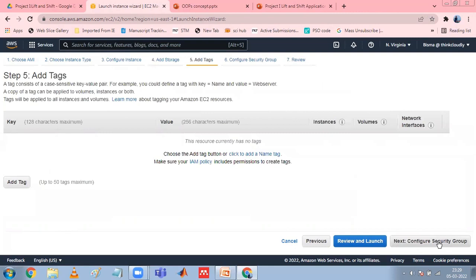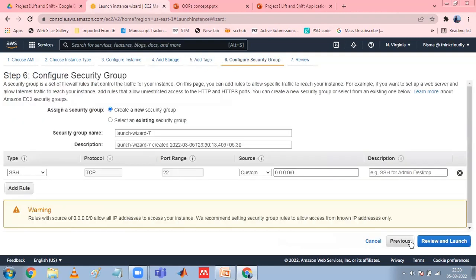The fifth step is adding tags. A tag consists of a case-sensitive key-value pair. You could define a tag with a key, Name, and the value of Web Server. A copy of a tag can be applied to the volumes, instance, or both. And then we can configure